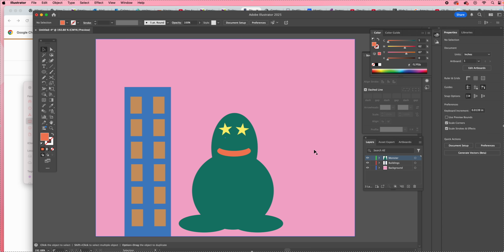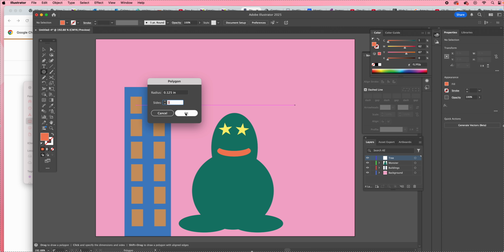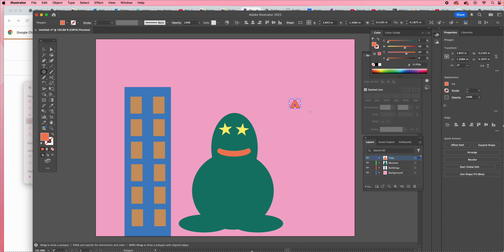So that's another element. If we go to the Layers palette at the bottom and create a new layer, you can do one for your element of nature that is required for this assignment. Let's double click Layer 4 and call it tree. All right, with this layer selected, I'm going to go back up to my shape tool here, hold down for the polygon, and I am going to do another triangle. I'm not going to resize it proportionally. I'm just going to drag the bottom here and drag the side